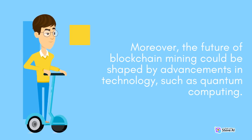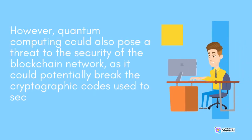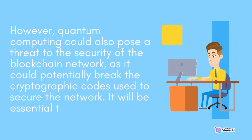Moreover, the future of blockchain mining could be shaped by advancements in technology, such as quantum computing. However, quantum computing could also pose a threat to the security of the blockchain network, as it could potentially break the cryptographic codes used to secure the network. It will be essential to